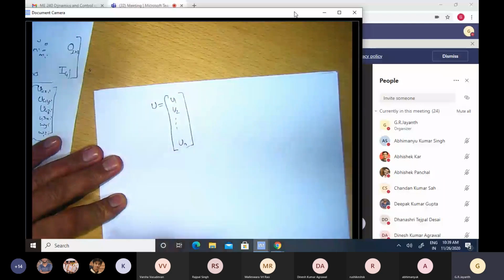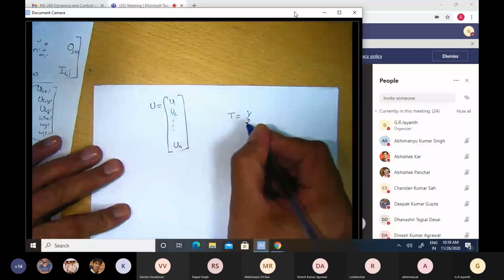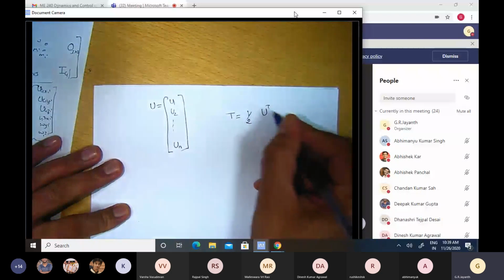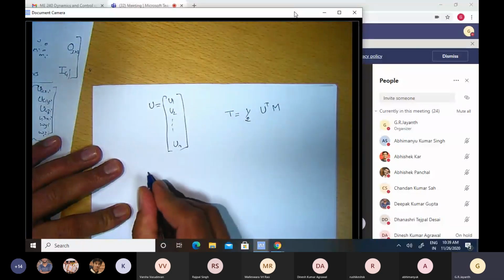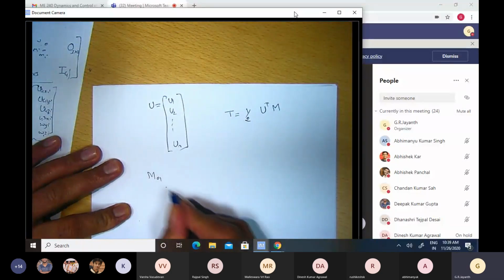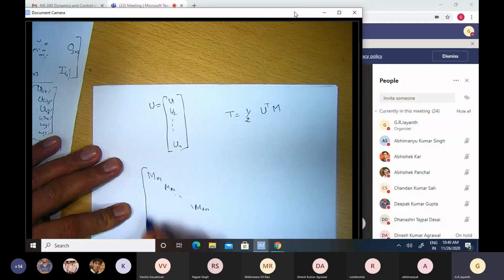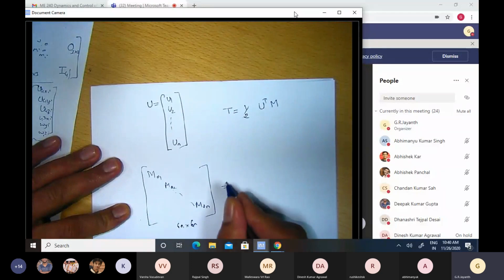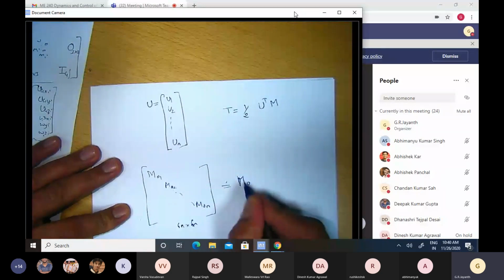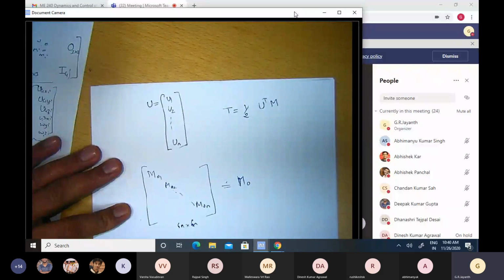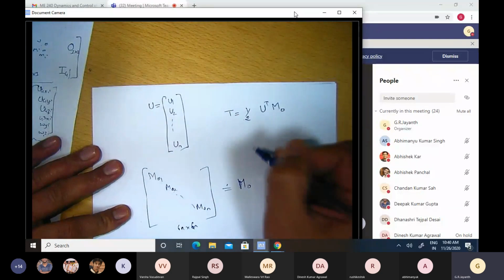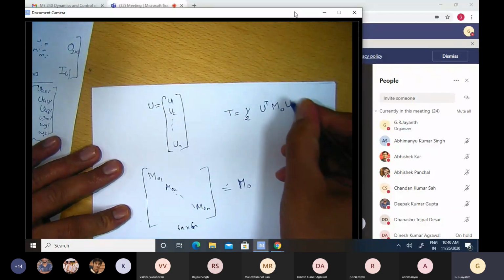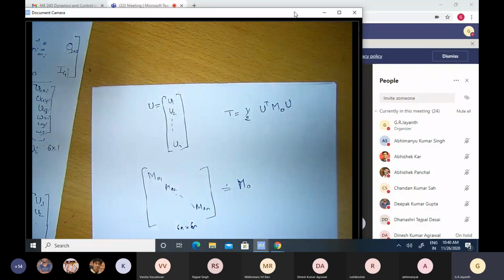So I get my kinetic energy to be equal to half U transpose, and there is this M not 1, M not 2, etc. up to M not n, that 6n by 6n matrix. I will define that as a single M naught matrix, and that therefore will go here, and my kinetic energy will be U transpose M naught U